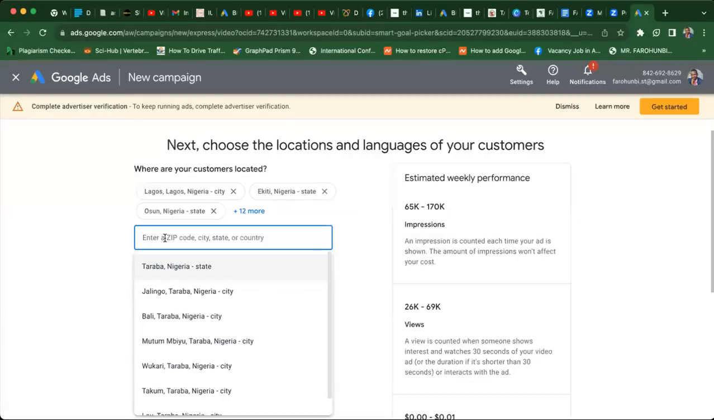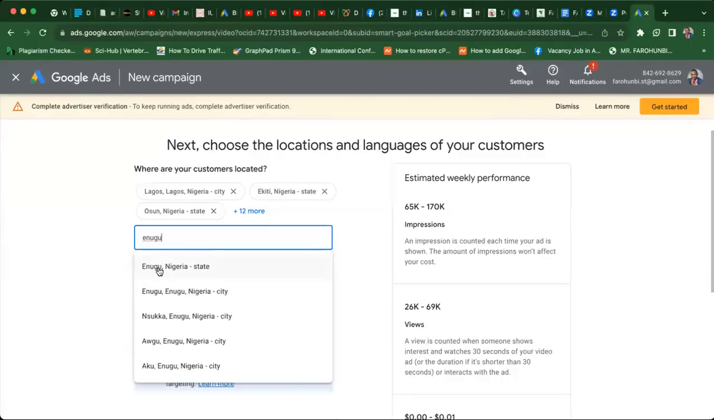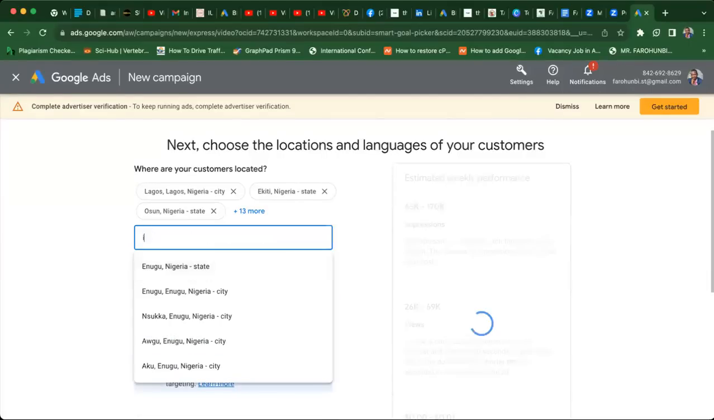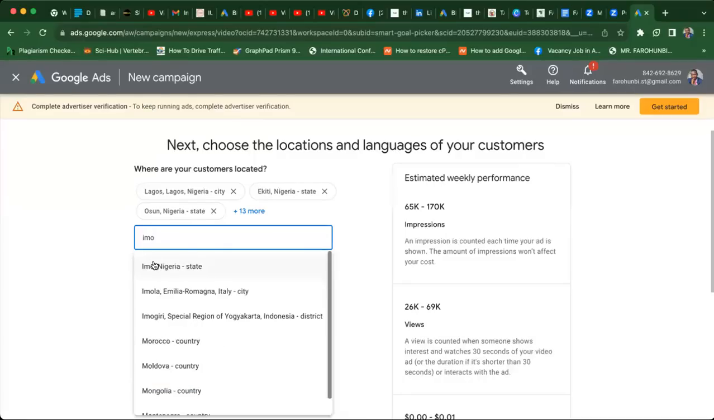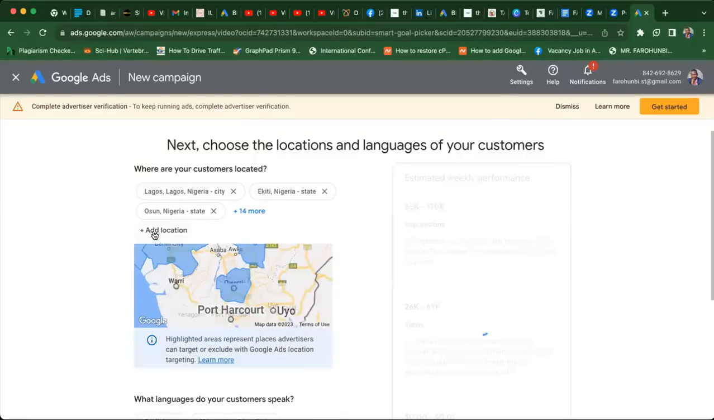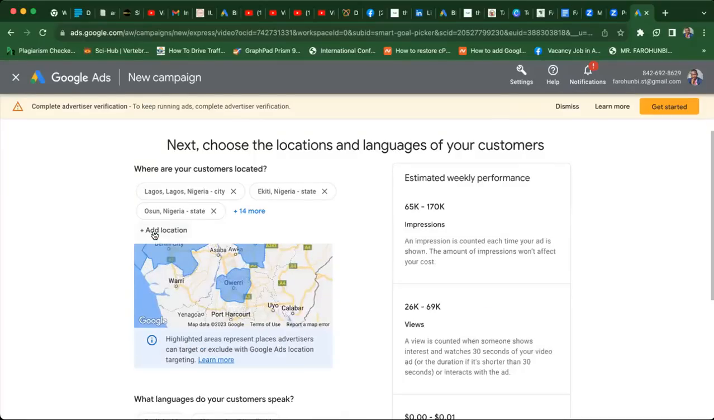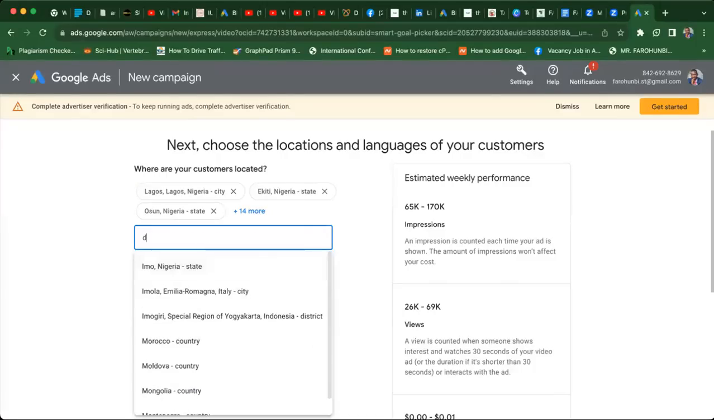Now, the next thing again is I'm going to go southwest and southeast. So let me go to southeast first. I'm going to pick Enugu as a state. I'm going to pick Imo next. And then let me pick south back again. Let me pick Delta. I'm picking Delta State, Nigeria. And then I am also going to pick